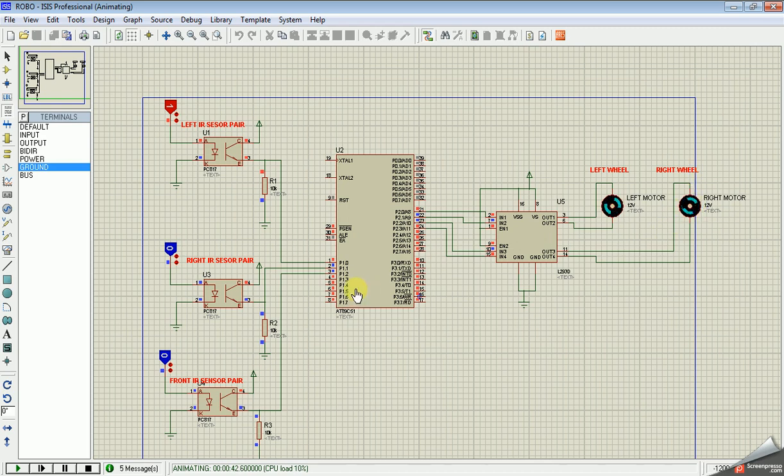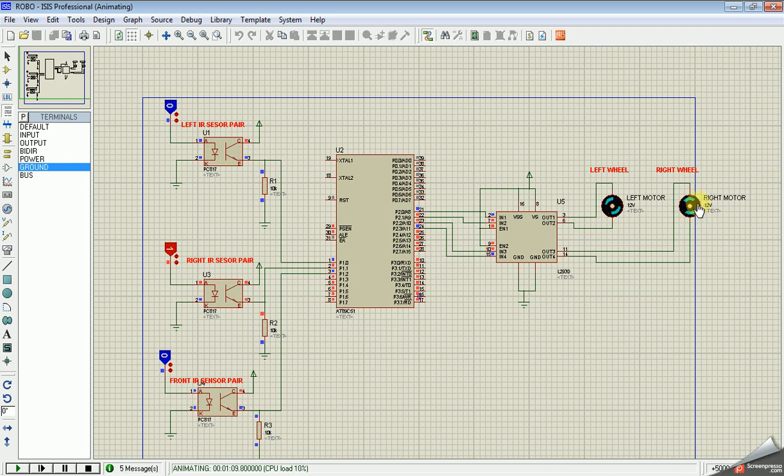Now the obstacle is cleared. So the robot moved to the right, the obstacle is removed, and the robot again starts going in the forward direction. Now whenever there is an obstacle at the right side, as you see, the rotation changes: left wheel anti-clockwise, right wheel clockwise.